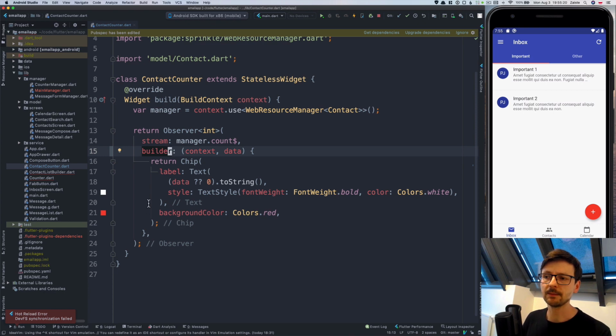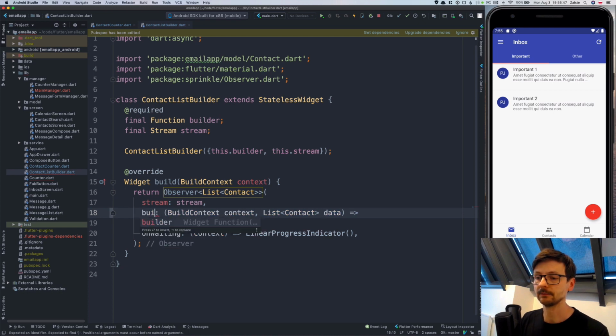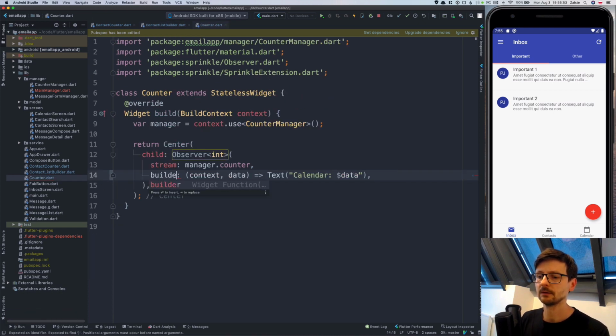And for the other names, I haven't decided yet. If you have suggestions, we will change them. I was thinking about something like error builder or waiting builder, maybe. We'll see. So that's the new way of naming this handler for the observer here. Okay, so it should work. So now let's go back to the